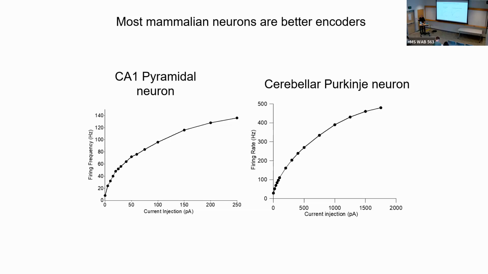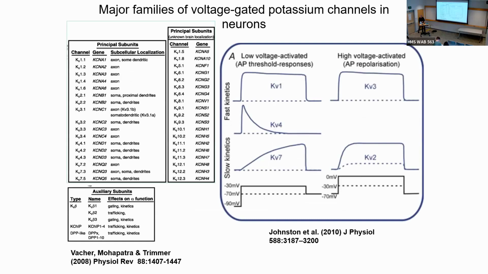And that's really the reason that we've evolved so many different kinds of voltage-dependent channels. By having combinations of channels, it allows a huge variety of firing patterns, and then a huge variety of ways that the electrical